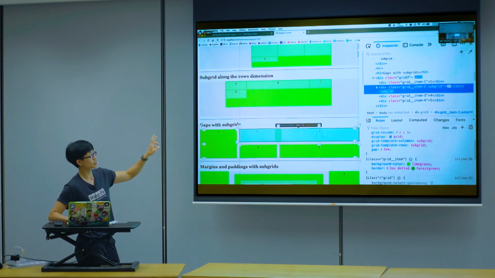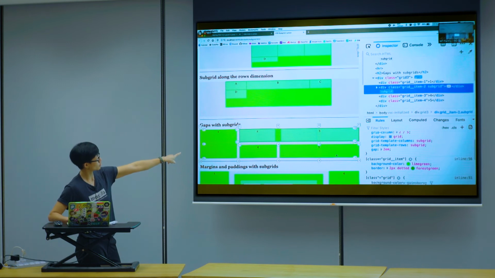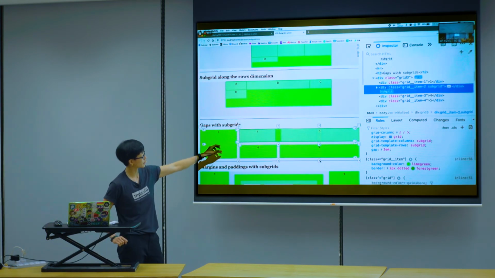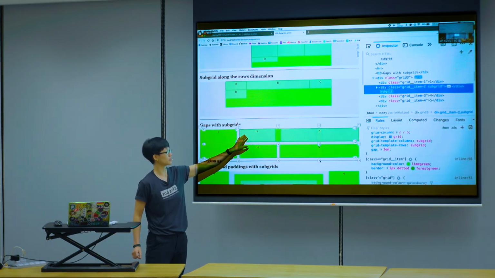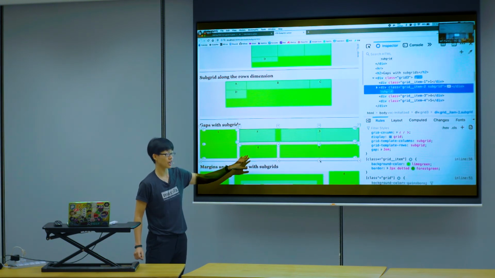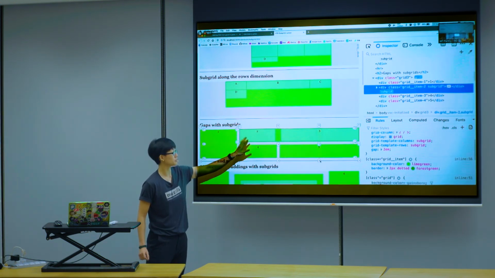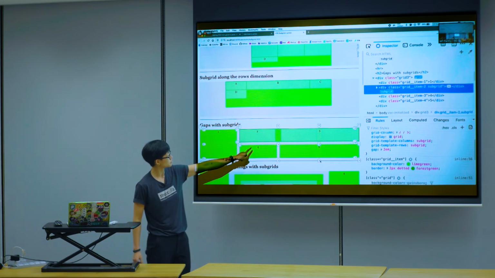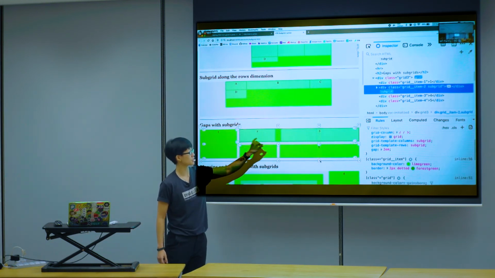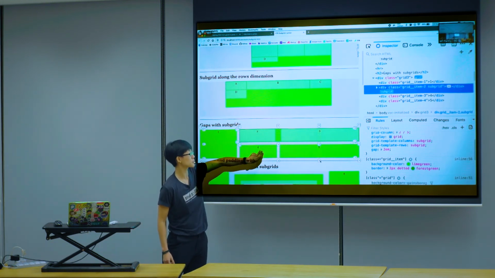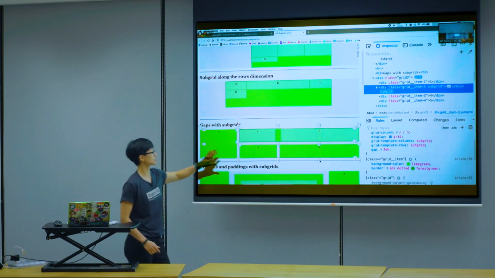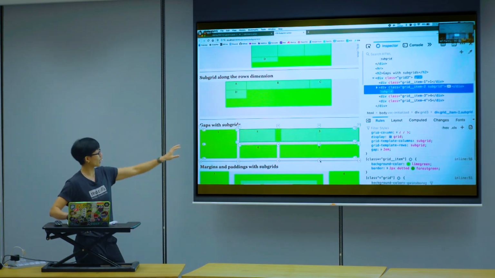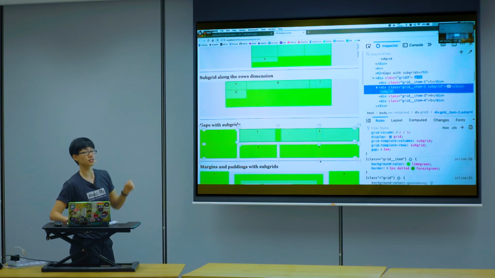Then on the subgrid, I override to 2M. So if you look at the lighter number 2, this is a grandchild element. And number 4 is a child element. They are in the same column. They should be sized the same. But because the gap for the subgrid is bigger, number 2 is actually a bit smaller than number 4. So the gaps on your subgrid are going to affect the sizing of your grandchildren element.